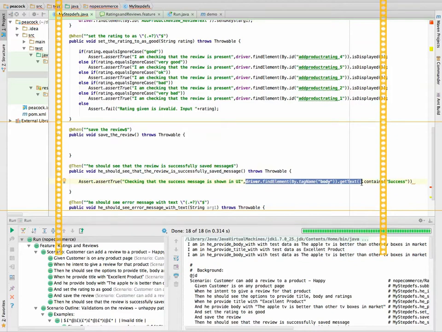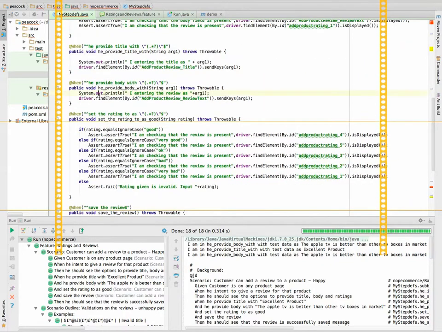In the complete UI, after this action, you need to check that you will get a success somewhere. So successfully you added some review. If in the complete page I can see a success string or success text, then that means my test case is passed. Okay. So ideally all the then conditions should have asserts. So if you see that, does this have an assert here? Does this have an assert here?